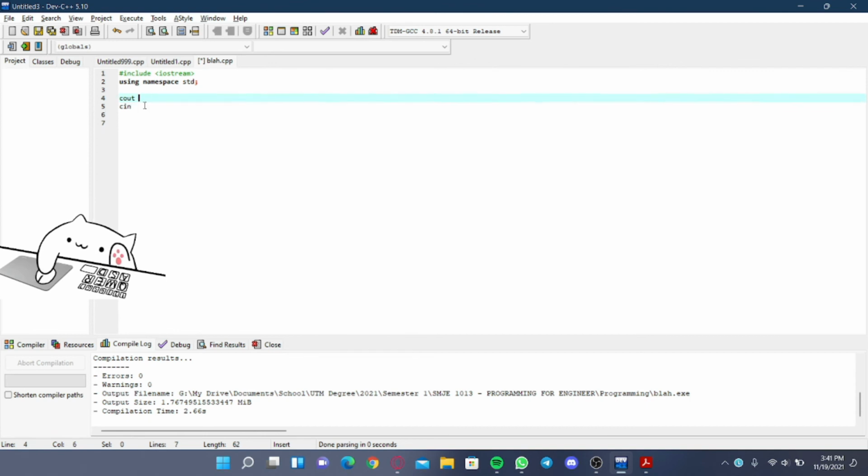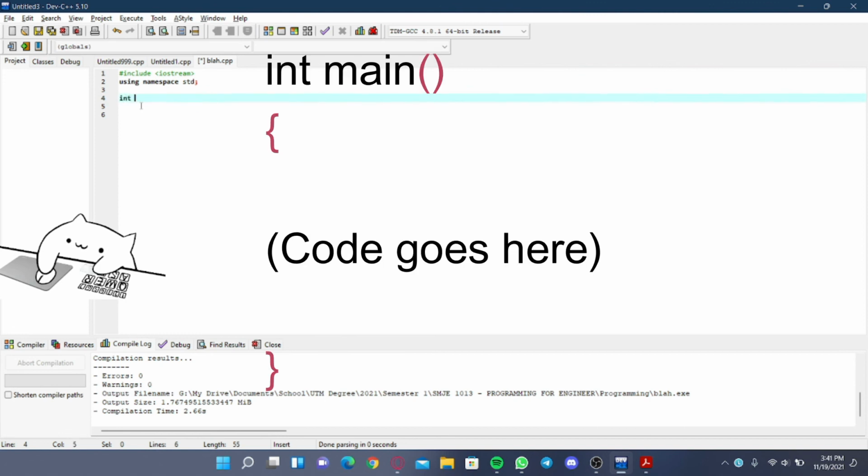To make sure your program refers to cout and cin as the same variable every time, as one command, you will need to include this line, using namespace std. The final line we have to include is called int main, with double brackets